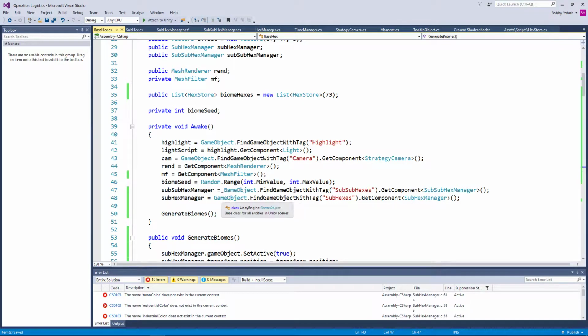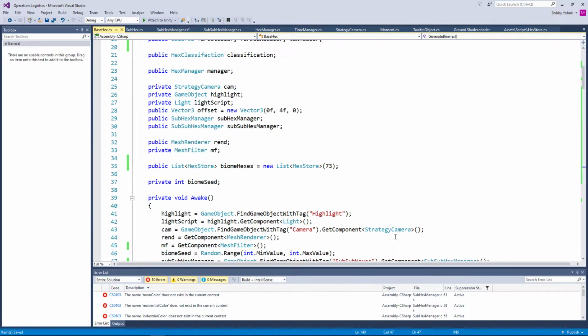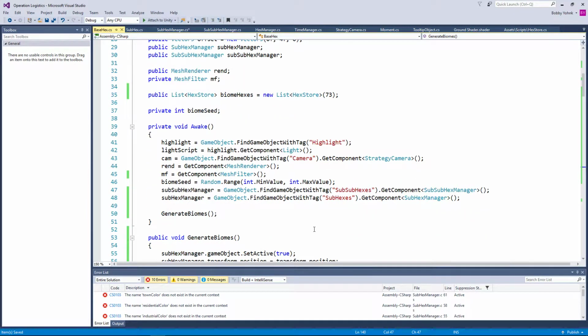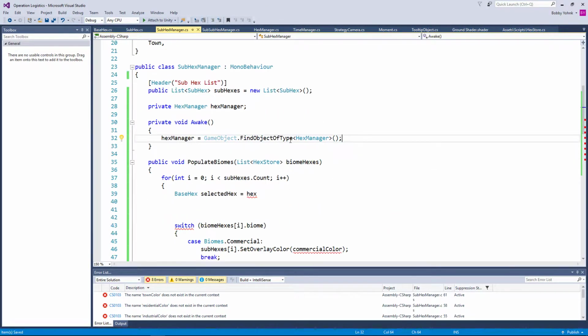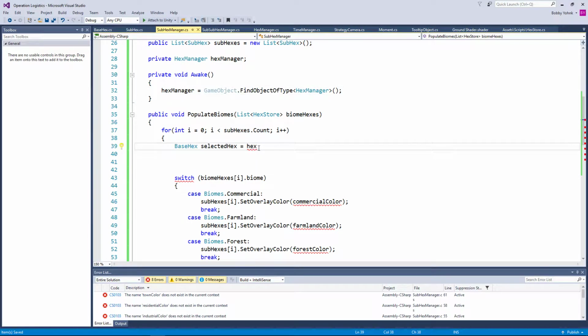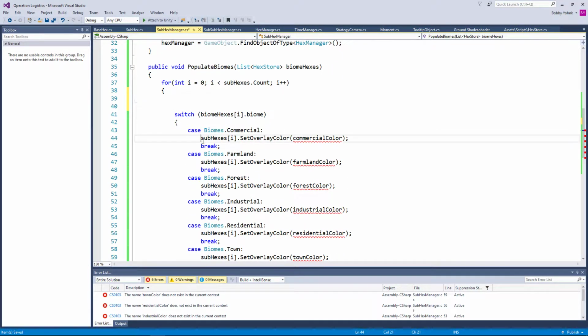So that would be, actually I think when the manager creates it, it sets it itself. But we can just say hex manager equals game object dot find object of type hex manager, like that. Okay, so we don't actually need this then, and we can just do hex manager dot,